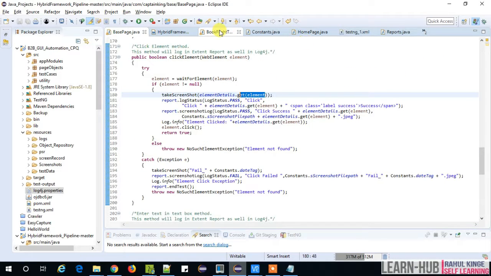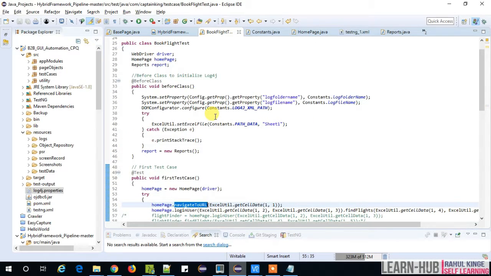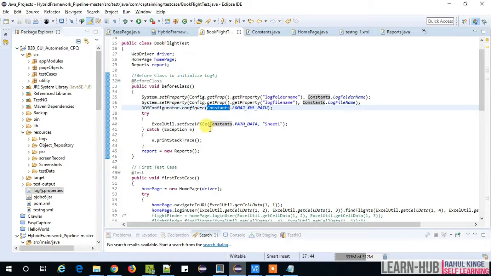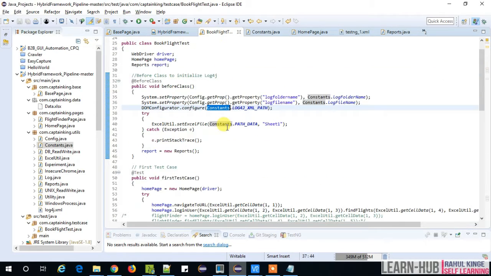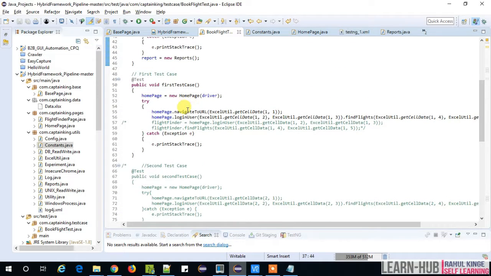And if you see, we should call it before the start of the execution. So you see this is where our flow starts, and this is the before class. So I'm just instantiating the logger. In the constant file I have given the logger XML path. If I go inside it, here you see the logger XML path. So before execution, I'm just instantiating the instance of logger, and whenever I want to log something, I'll just use